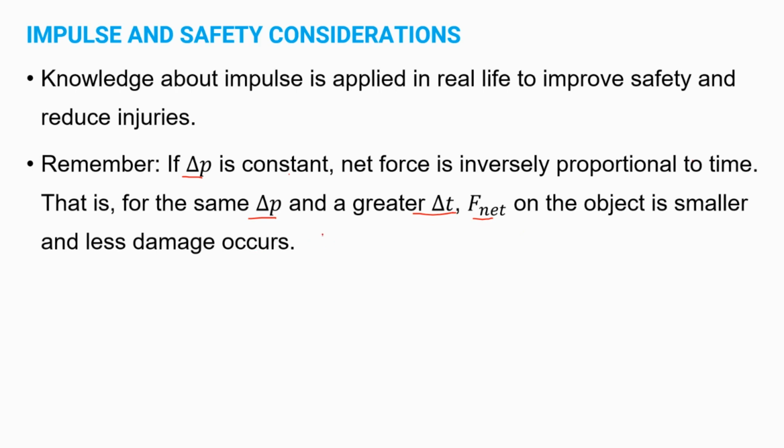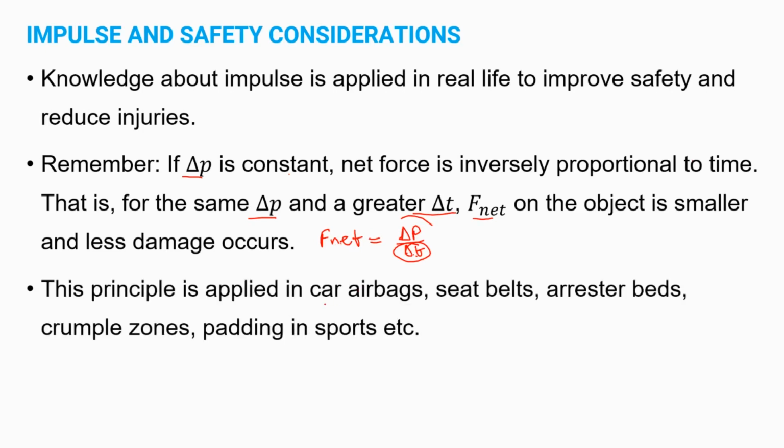Remember that we said F net is equal to change in momentum over change in time. So if the denominator increases, the value of the whole thing decreases. If time increases, then F net decreases. If time decreases, then F net increases. So this principle is applied in car airbags, seat belts, arrestor beds, crumple zones in cars, and